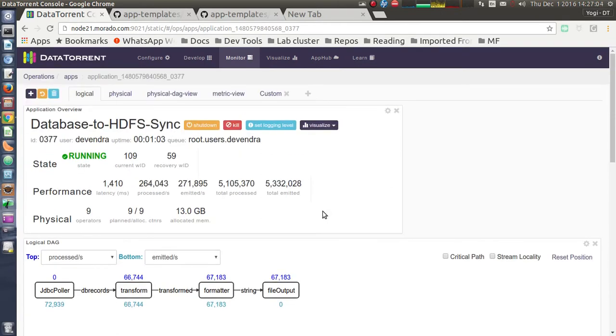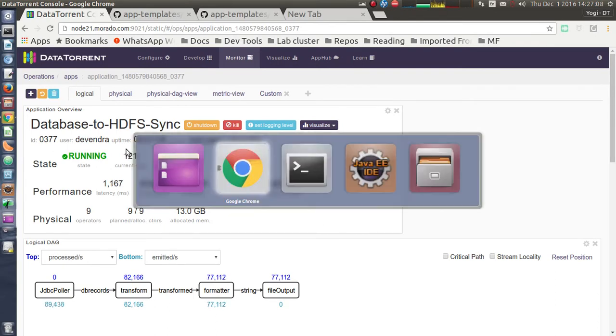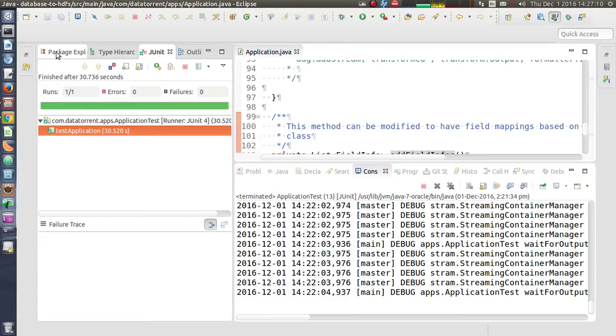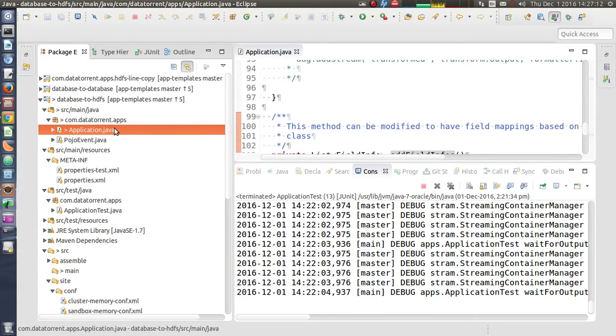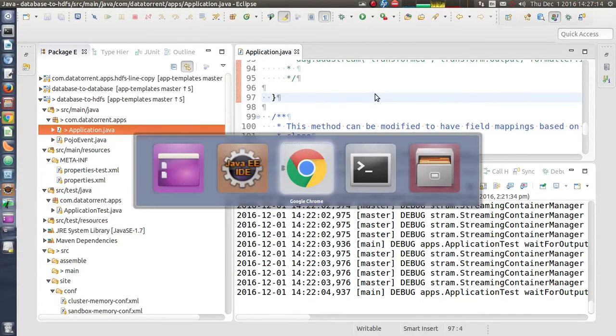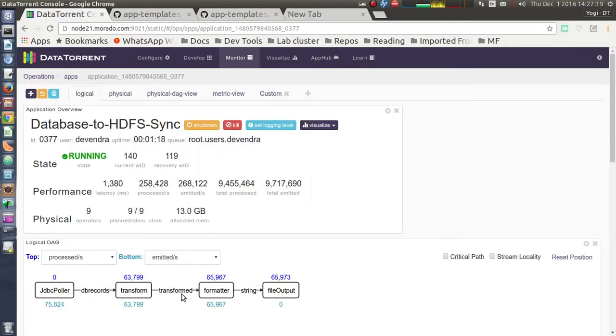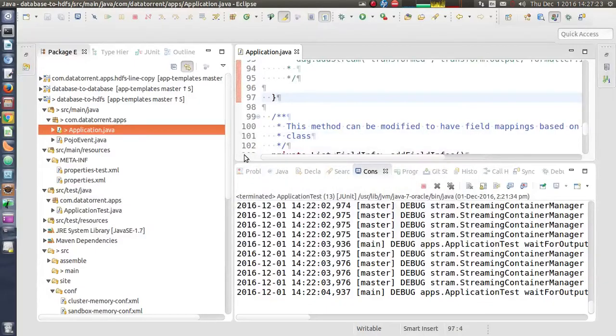So that's all. Just to recap, we looked at the code walkthrough of this app template. Then we looked at how to customize this application. We introduced one transform operator in this pipeline, and then saw how to compile it, upload it on the UI console and launch it again. But just to reiterate, you can try your own logic.